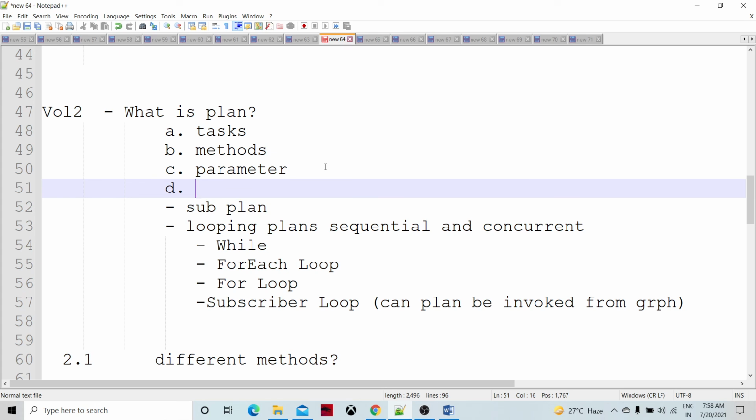We cannot pass information from one graph component to another within a graph. But in a plan, we can pass information from one task to another using parameters. We are going to understand dynamic parameters, and parameters as a whole, as part of one session.